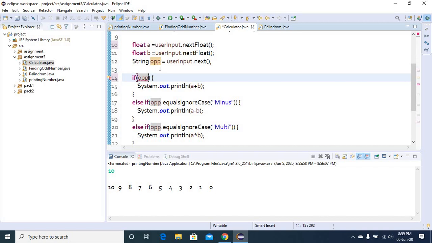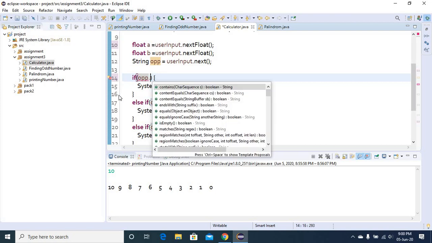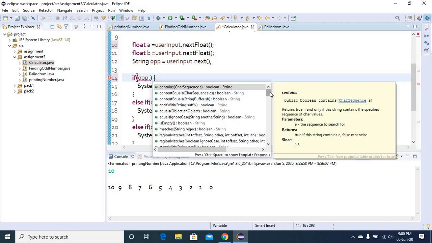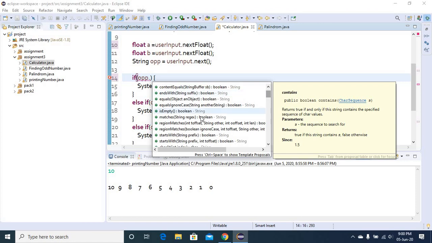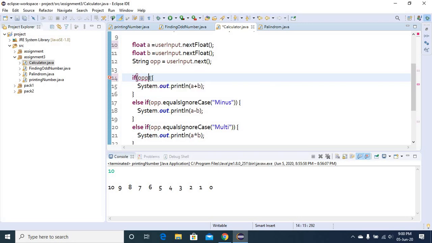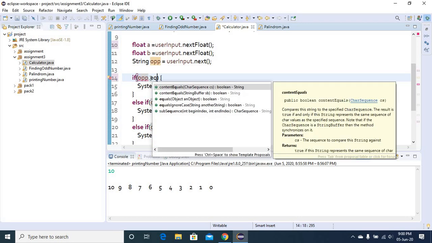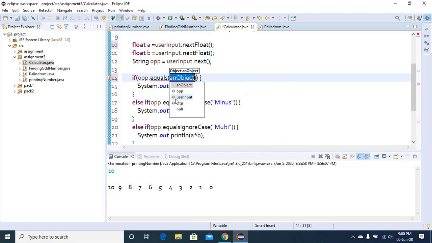So to do this, to choose what kind of operation, we can use the op variable. Then if we press the dot, from here we can ask for equals. As this is the string type, we have to use equals, we cannot compare it directly. So from here we can see the equals method, and we should use this one, and if you use the add here,